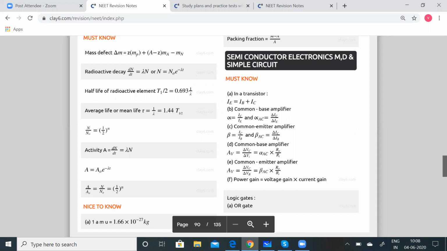When we talk about the extrinsic semiconductors, here the semiconductors are doped with suitable impurities so that you can increase the conductivity. In that case, again we have two types of extrinsic semiconductors. One is the N-type semiconductor and the other is the P-type semiconductor. In the N-type semiconductor, the electrons are the majority carriers and holes are the minority carriers. Or in other words, here Ne is equal to Nd, which is greater than Nh.